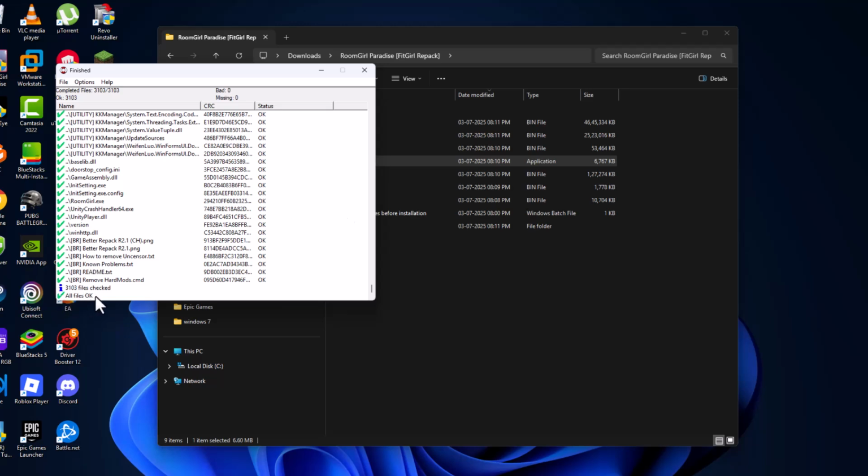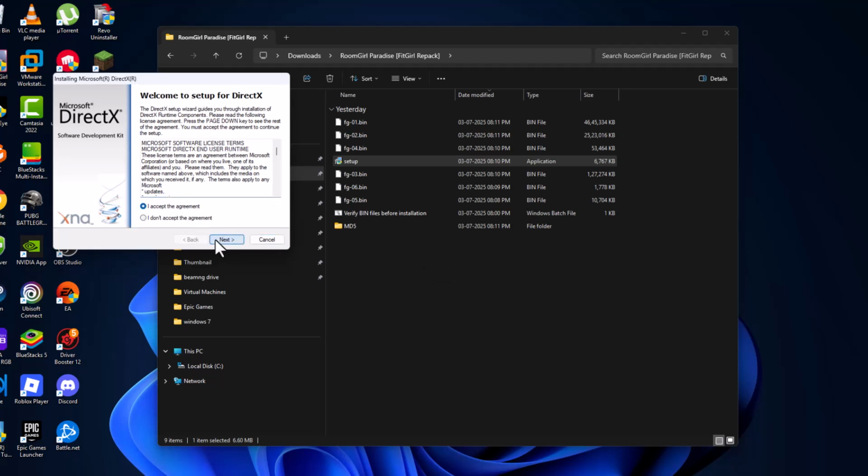As you can see, all files are okay. There are no missing or bad files found. Let's close stuff here and install the DirectX and Visual C++,